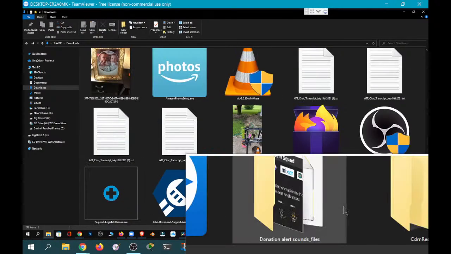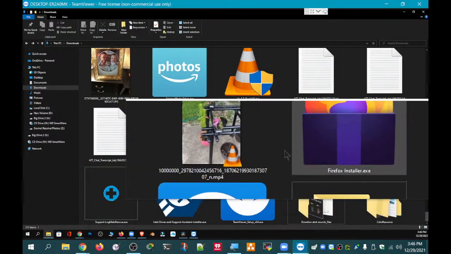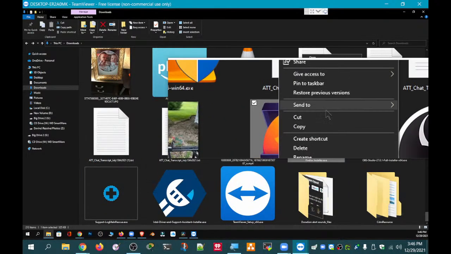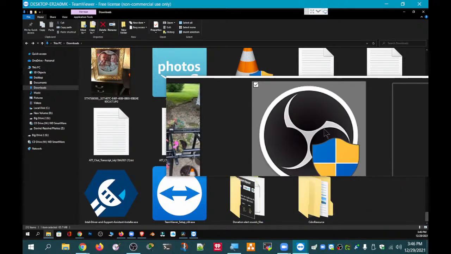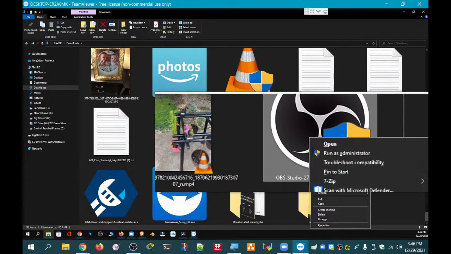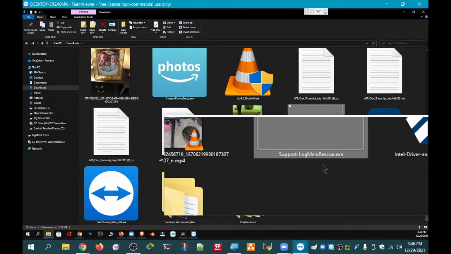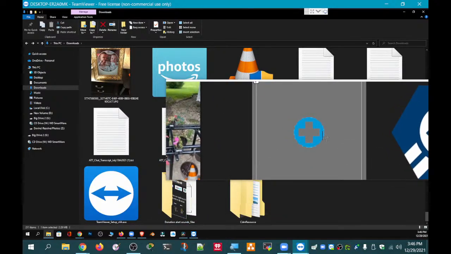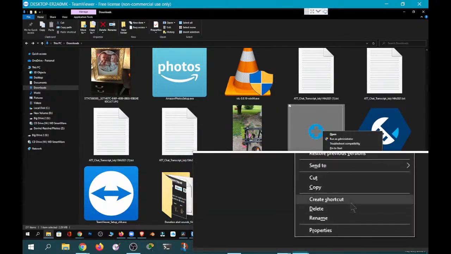Well, if that's not needed, get rid of it. What about the Firefox installer? Do I need it? No, you don't need any of these installers. You don't need this Firefox installer, or that TeamViewer installer, or the Intel or the OBS, because all this stuff can be re-downloaded. Okay. And the only thing it's doing is just taking up space, right? And I understand it's just a little bit of space, but